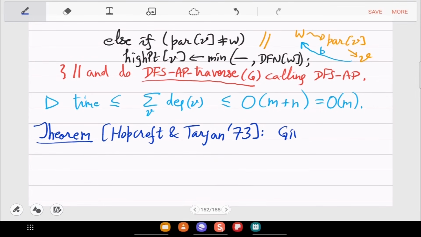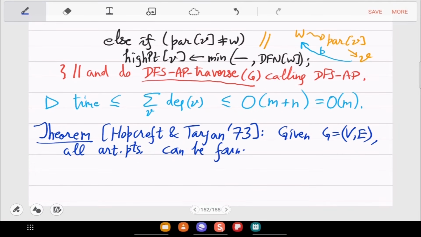Given this graph G, all articulation points can be found in order M time.